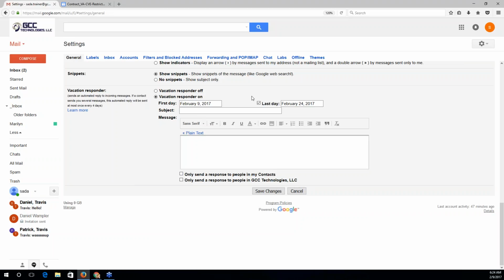Now, one of the primary differences between Outlook's Out of Office and Google's Vacation Responder is that with Google's Vacation Responder, you cannot differentiate messages between internal and external correspondence. It's just one message suits all. So I'll turn that off for now.